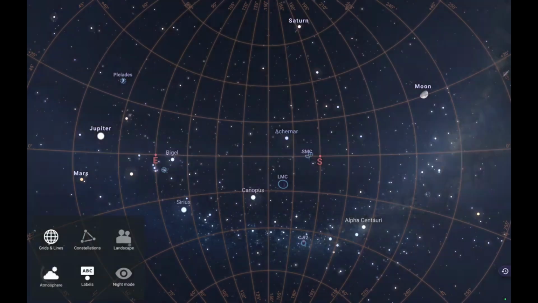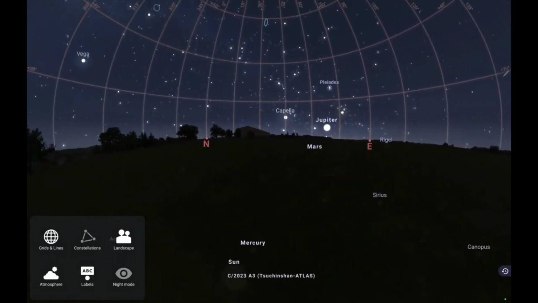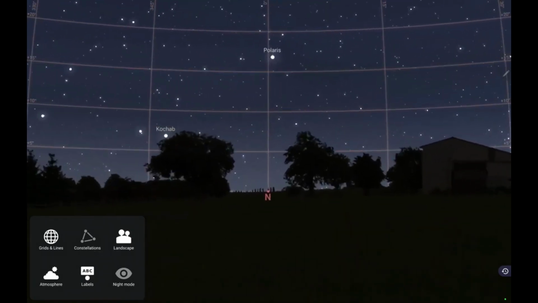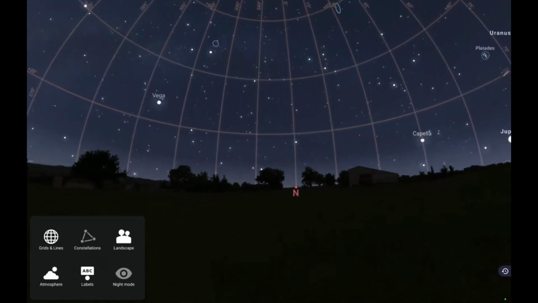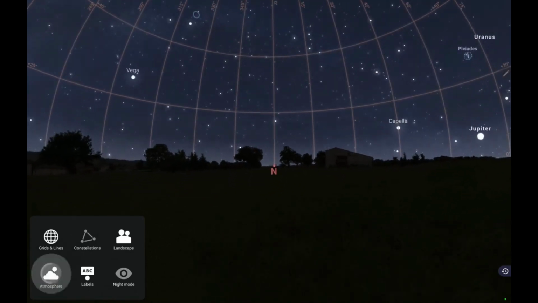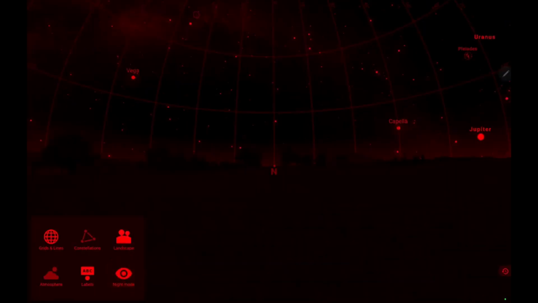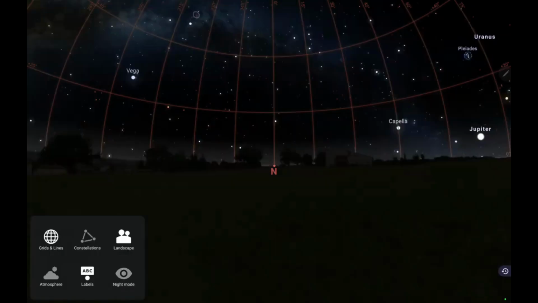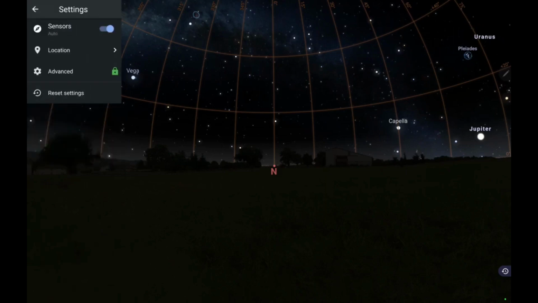Let's try to turn on the atmosphere and the landscape so that we will not have spatial disorientation. We humans have spatial disorientation without the landscape, so that is why we turn on the landscape. I could turn off the atmosphere and turn on the night mode, which is what you will have if you are in the dark. It is awesome. And of course, if you turn on the sensor there,